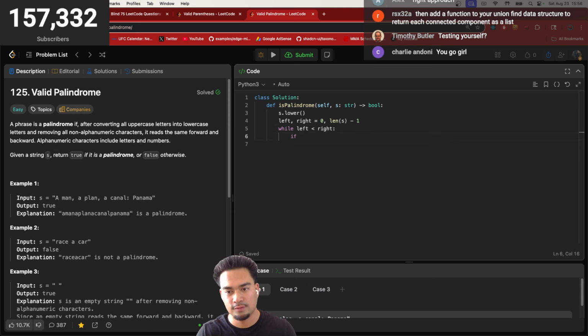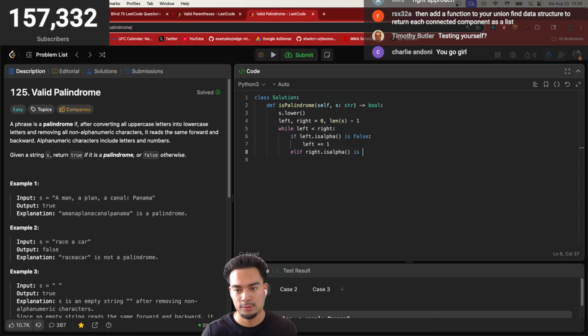If left is alpha, if it's false, then we just move left, because we don't want to compare that. Right, if it is alpha is false, then right minus equals 1, because we don't want to compare that. Else,